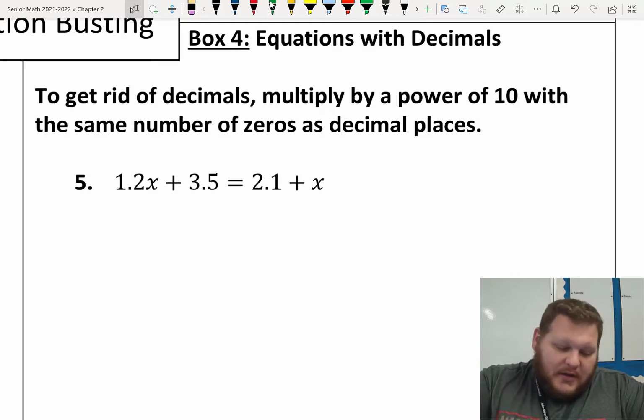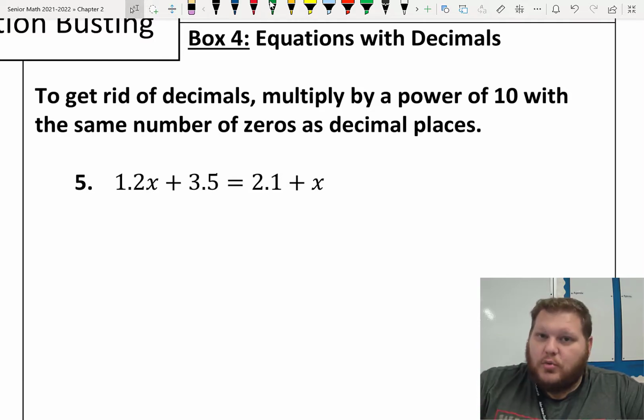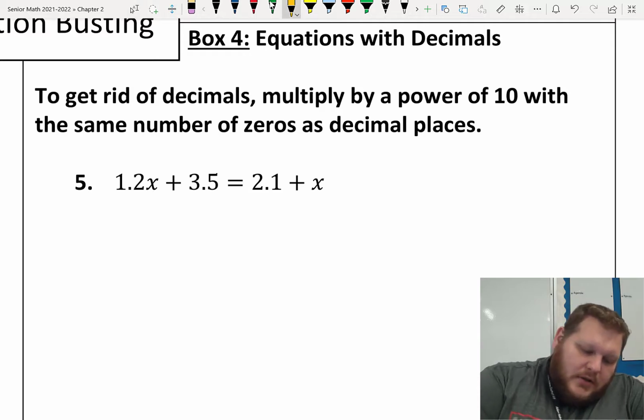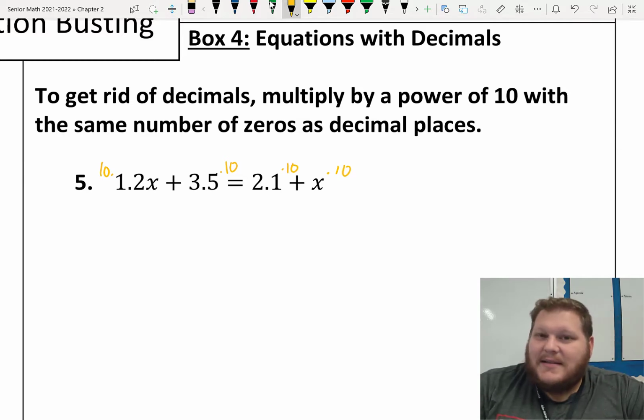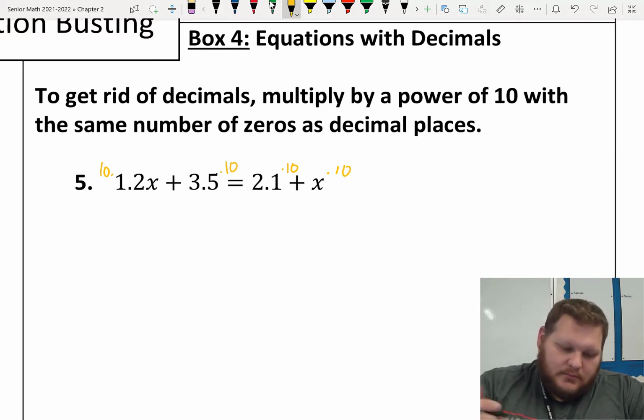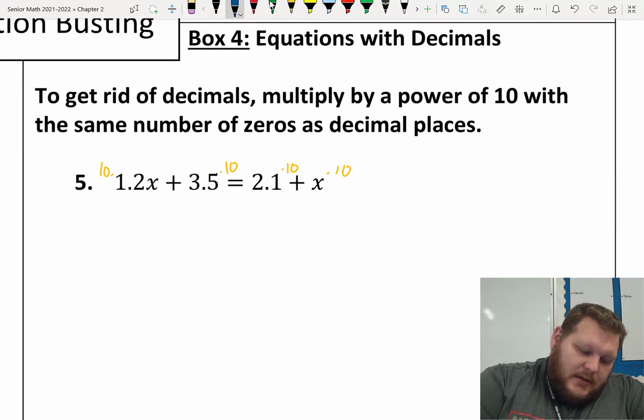So like for number 5, all 3 of my terms here that have a decimal place are just a single decimal place. So 1.2, 3.5, 2.1. If I'm trying to get rid of that one decimal place, since I have one decimal place, I just multiply by 10, because 10 has 1 zero. So I'm going to multiply times 10, times 10, times 10, times 10. Now again, even though my x doesn't have a decimal place that I'm trying to get rid of, I have to multiply everything in my equation times 10. So when I do that, it gives me